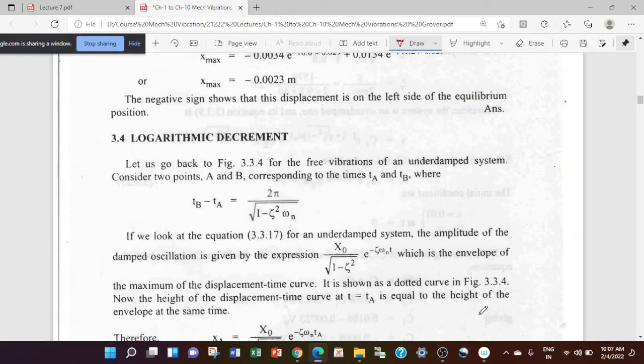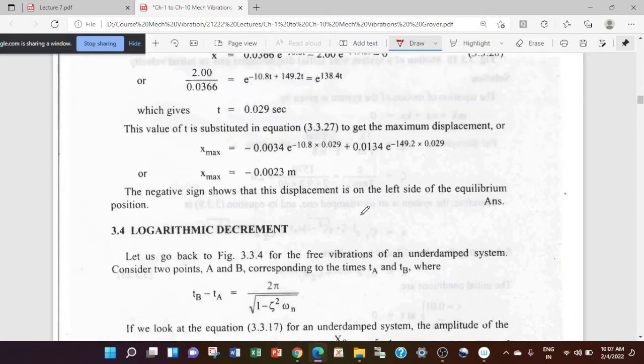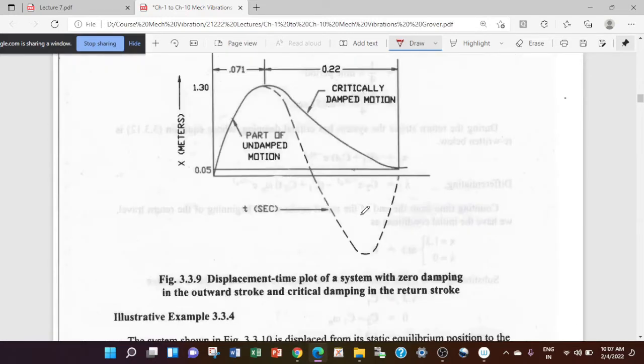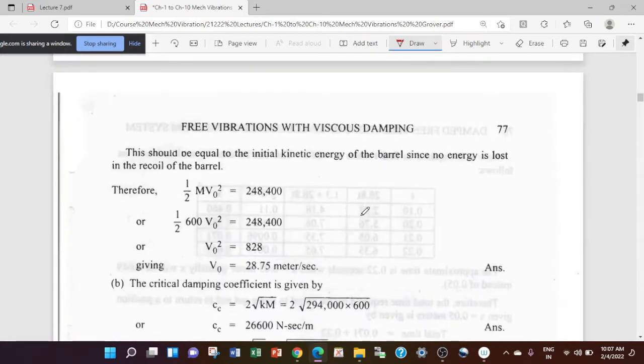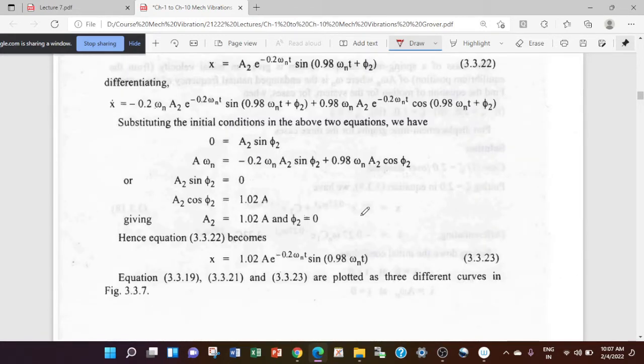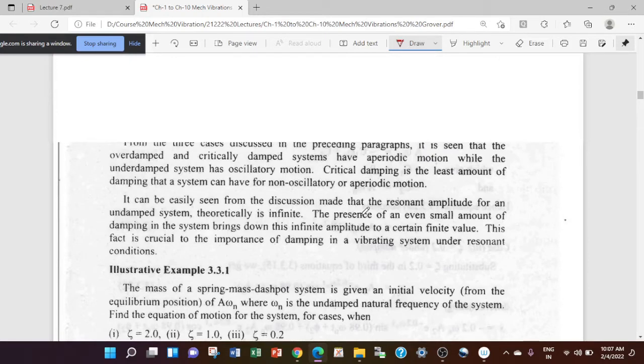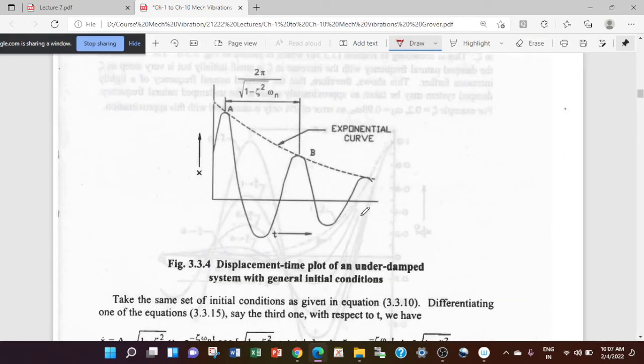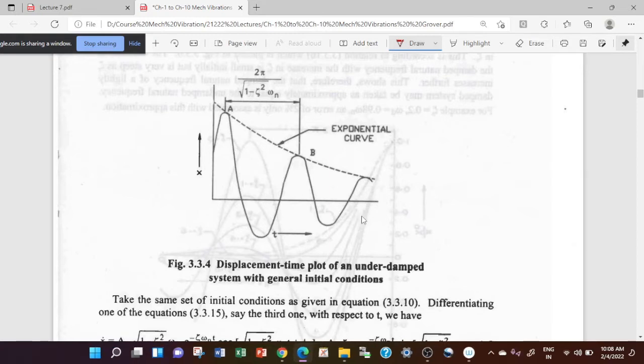So I will be discussing some more things about the underdamped system. If we go back to our underdamped displacement curve, this is the underdamped displacement curve. Here you are getting the exponential decay for the underdamped system. And you have already seen that